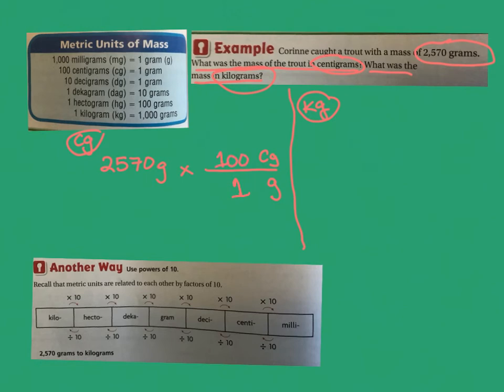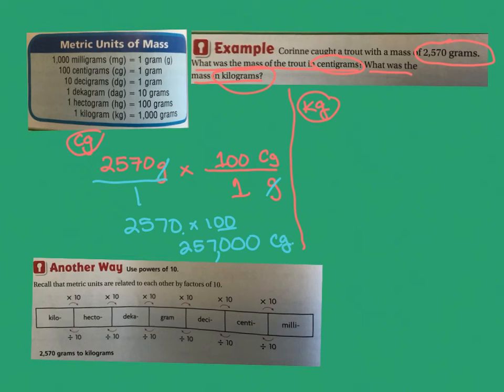Now I will just do my multiplication. I will cross-reduce the grams, cancel each other. I have 2,570 times 100, which really just means I'm moving my decimal that's at the end of the number there over 2 spots because it's being multiplied by 100. Gives me 2 more zeros. 257,000, not kilograms, sorry, centigrams, in centigrams,